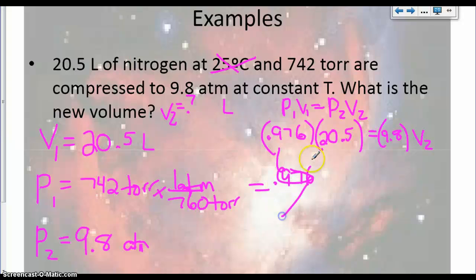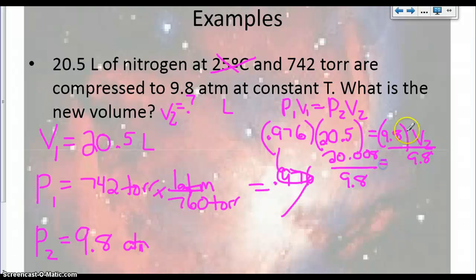That is not the eraser. Okay, so we want to work this out first. 0.976 times 20.5, I got 20.008 is equal to 9.8 V2. So if we divide by 9.8 on both sides,